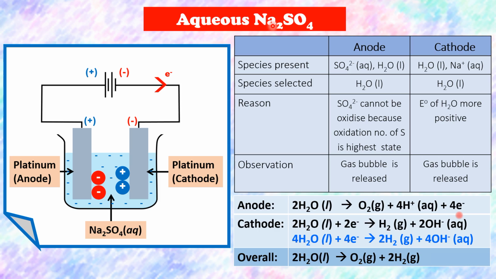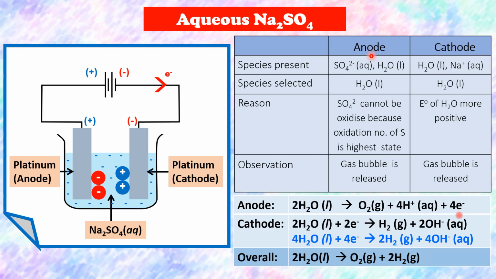Electrolysis of aqueous sodium sulfate uses aqueous sodium sulfate as an electrolyte and platinum electrodes as the anode and the cathode. Since the anode is the positive terminal, there are two species present at the anode, that is aqueous sulfate ion and liquid water. Because the cathode is the negative terminal, there are two species present at the cathode, that is liquid water and